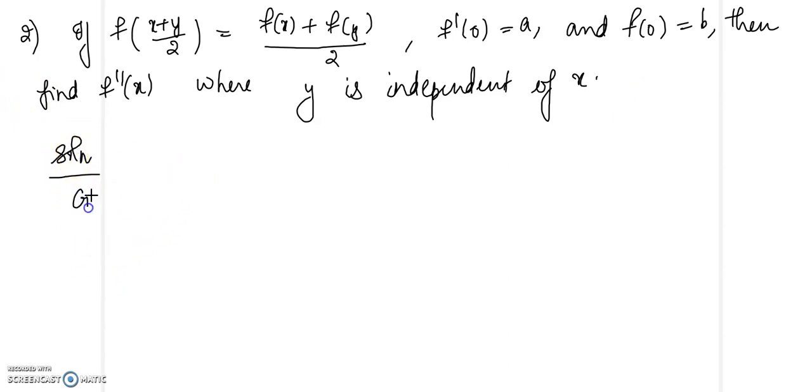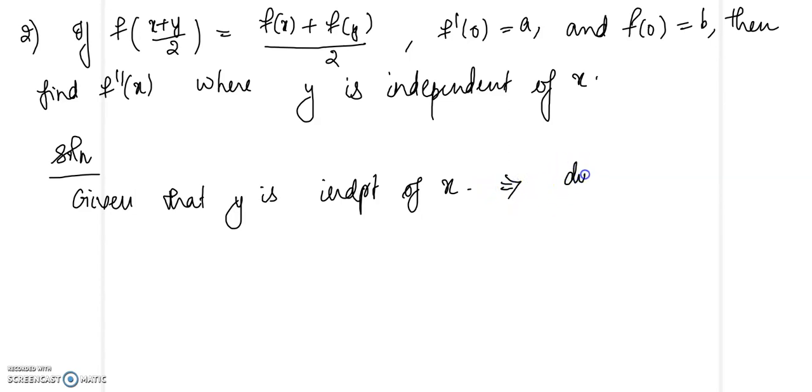So we are given that y is independent of x, so therefore y is no more a function of x, so that implies dy by dx will be equal to 0. So now differentiate the given equation